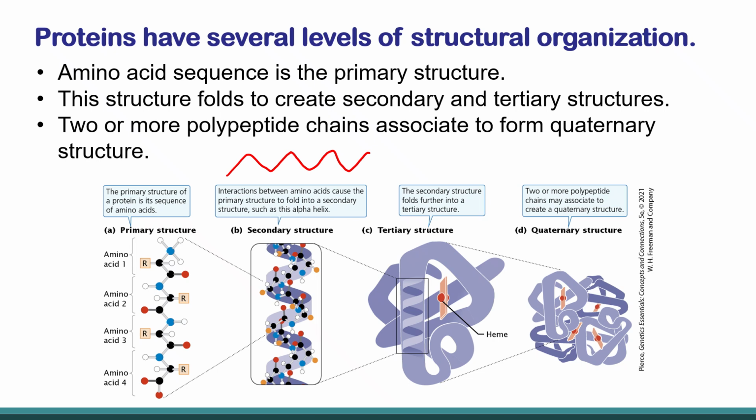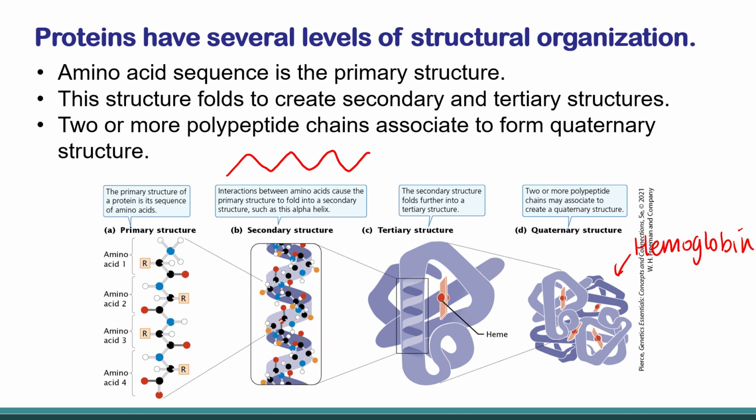And then for some proteins, we can get multiple tertiary structures associated together to form a larger protein. So for example, this is hemoglobin,